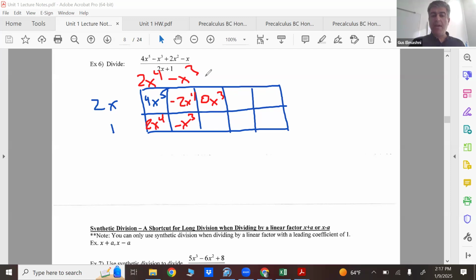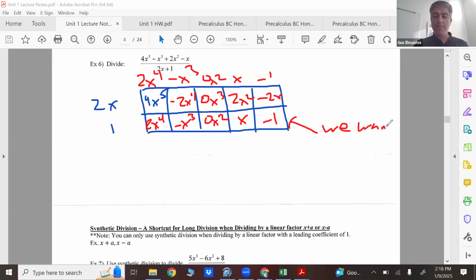So that's going to be 0x squared. That'll be 0x squared here. Even though it's kind of redundant, let's do it anyway just for the sake of the placeholders. Now, what do you add to 0x squared to get to 2x squared? So this has to be x. So that's x. Now, we have negative x. What do you add to x to get to negative x? Negative 2x. So it becomes negative 1. And that's negative 1. However,